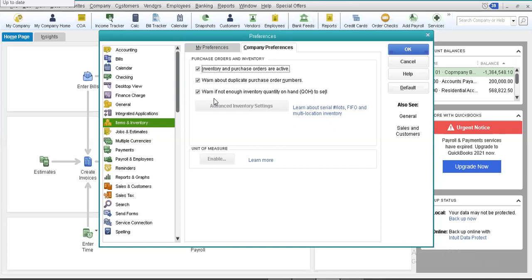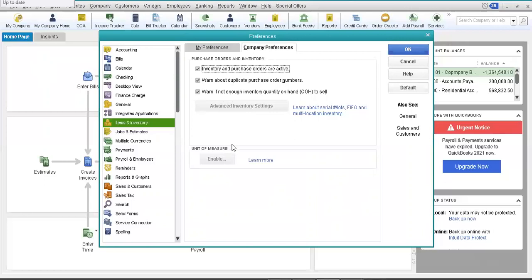Sometimes the goods are delivered in advance and the invoicing is made at another time, and sometimes invoicing is made in advance and the goods are delivered at some other time. All right, so there is a possibility that at the time we are generating this invoice, we do not have that amount of material in our hands. But before the delivery date, we can order that particular item from our vendors. This is why we want QuickBooks to give us a warning at least, so we know that we do not have a sufficient amount of inventory in our hands for the item we intend to sell.